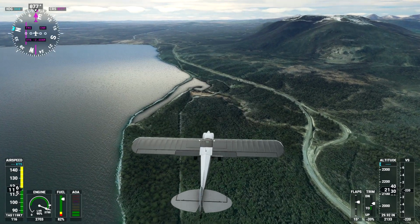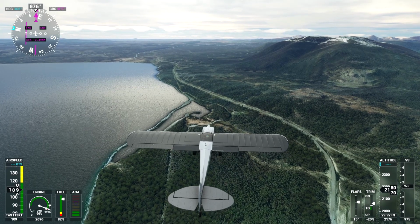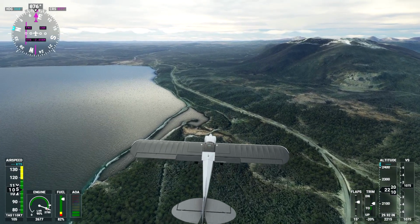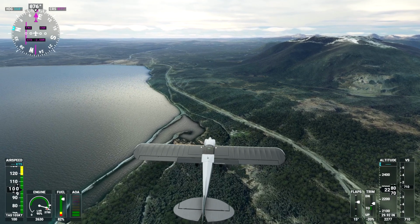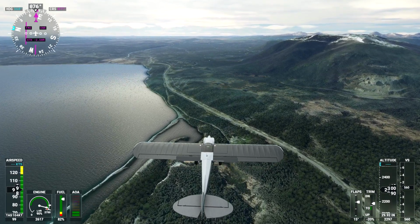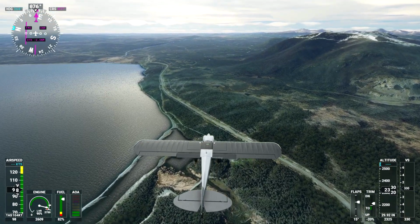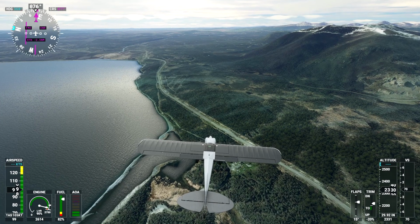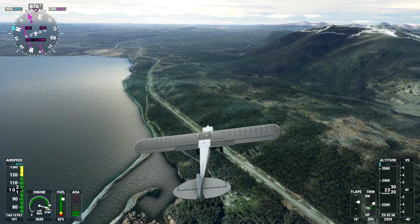Oh, we've got some road at last. Bit of civilization. We should have turned by now, but yeah, we're definitely in a headwind. Going way too slow. Maybe this is the lagoon. I don't know. Don't know why it took me over to this side of the lake. There we go. Now we're turning to 57